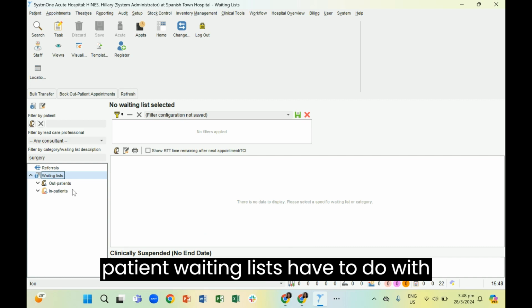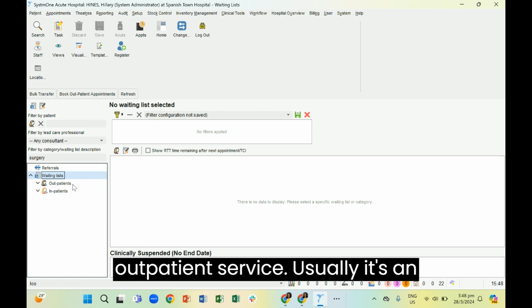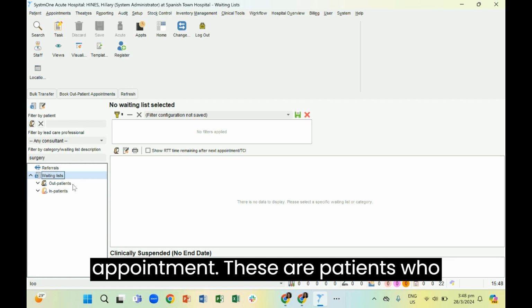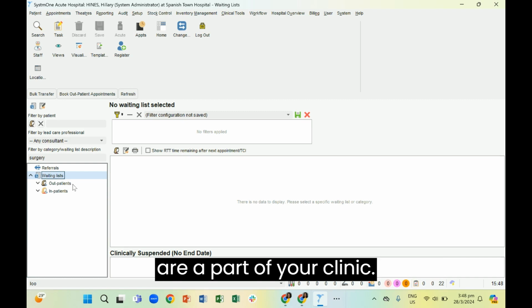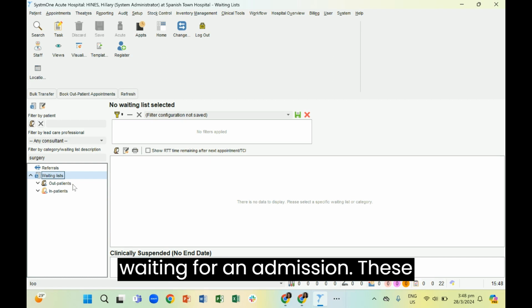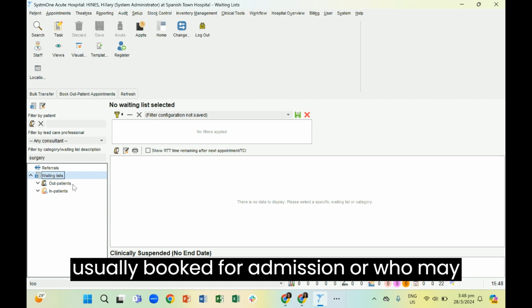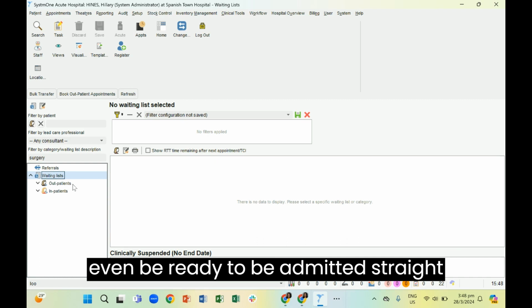Now our outpatient waiting lists have to do with patients who are basically waiting for an outpatient service. Usually it's an appointment. These are patients who are a part of your clinic. Your inpatient lists are persons who are waiting for an admission. These tend to consist of persons who are usually booked for admission or who may even be ready to be